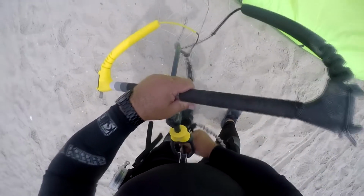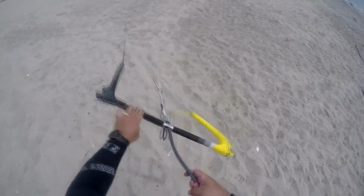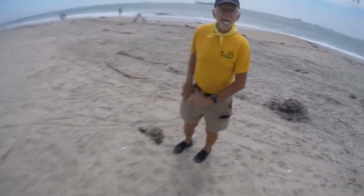Just getting the kite set up here, and I'm going to do a self-launch. We got the Cabrinha 17 meter out today, and I was just getting ready to do that. A gentleman asked, do you know how to launch? He said, hey, you want me to launch you? And I was like, well...